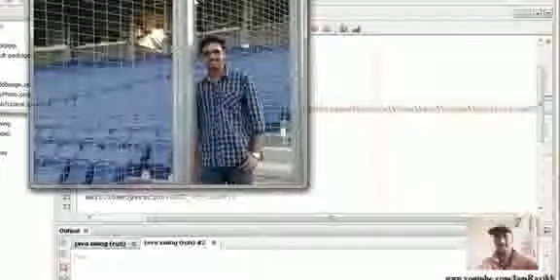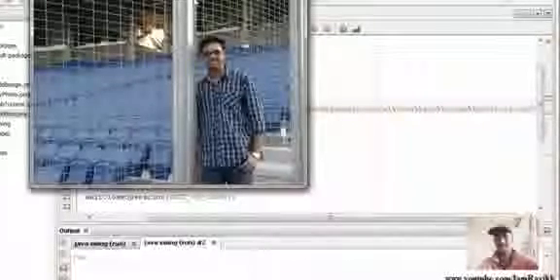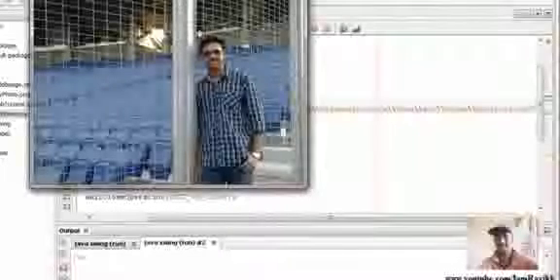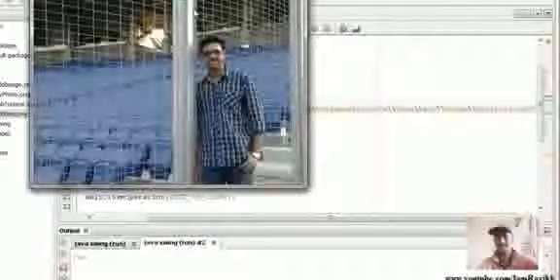Okay, so in that way you can have your company logos, or any client logo the client provides you, and you can place it anywhere in your JFrame and to whatever size you want. There's no tension of distortion or anything. Okay, so we'll see another way of how to add an image into JFrame in our next video. As I said, I'll teach you both the ways of how to add